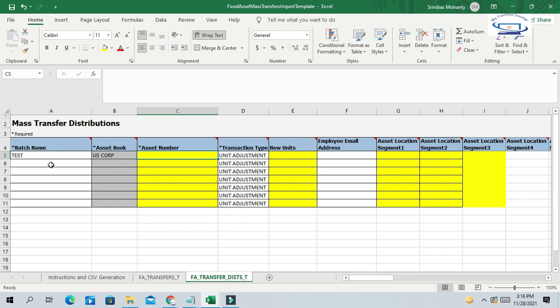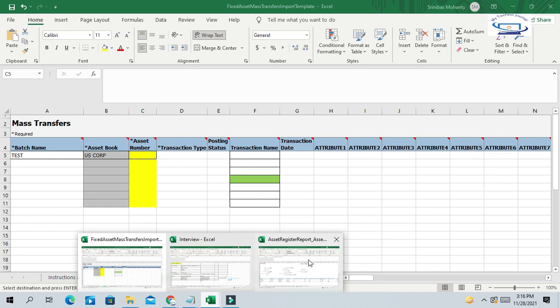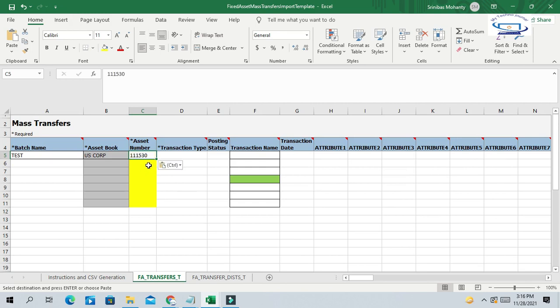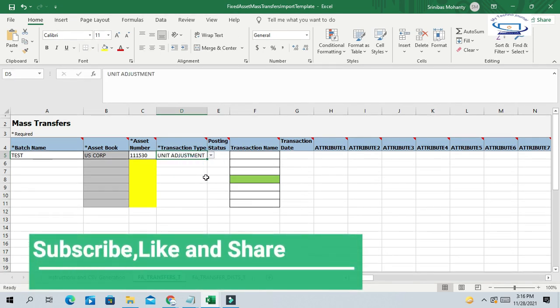Basically, first we have to fill the first sheet. Asset number, for which asset you want to do the unit adjustment. So this is the asset number. Transaction type is unit adjustment. Currently there is one unit, but we need to change the unit as per our physical inventory.